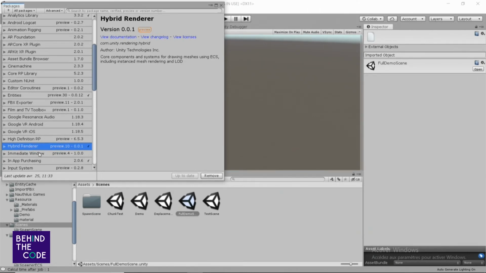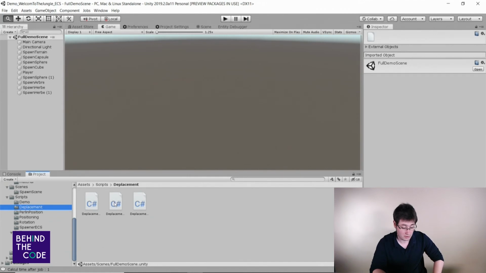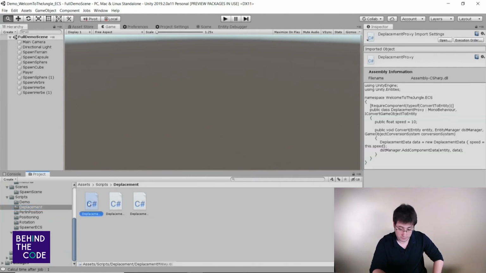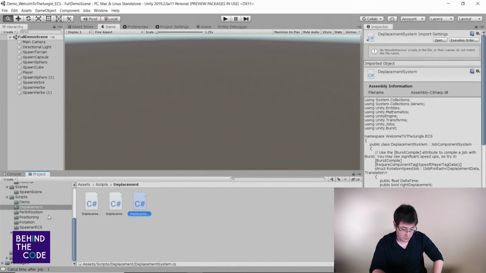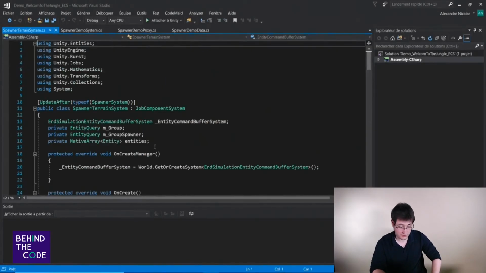So the next question is, how can I get a list of entities? It's a good question. I have an example in my script, if I can find it. Not like this, but in the spawner. Well, it's this one. Yes.